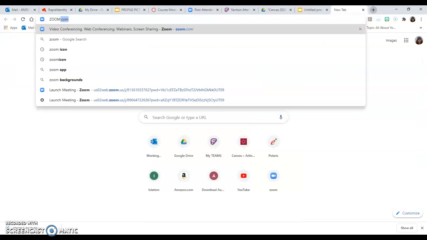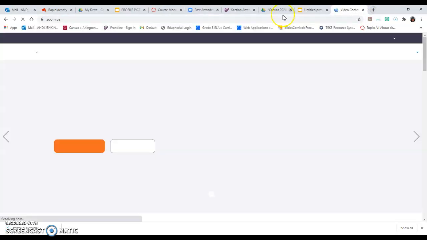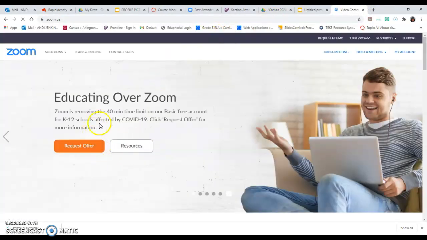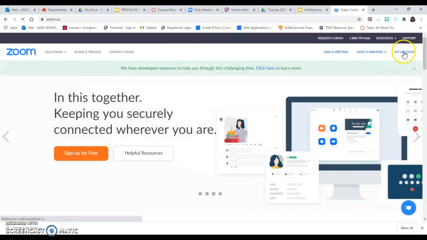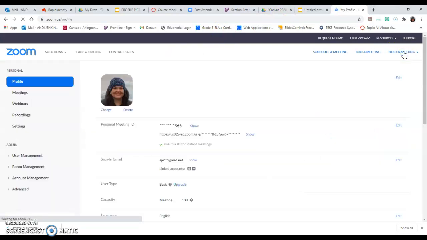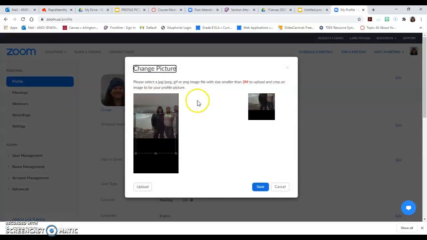So now when you go to Zoom, and you click My Account, and if you don't have an account, you can make one. So this picture up here takes you to your settings, and under your settings, there'll be add a picture, and you upload it,